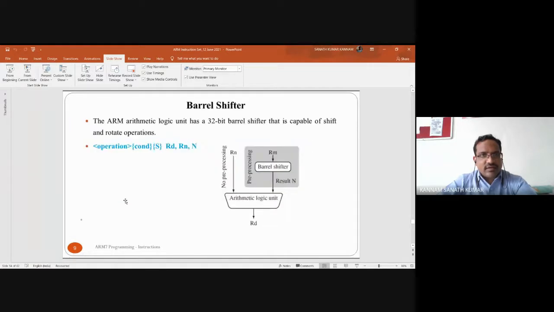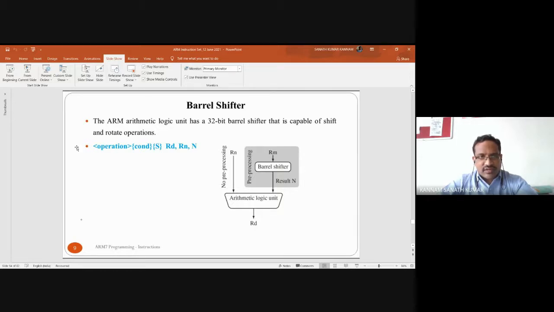Okay. So you know the barrel shifter, we have already seen the barrel shifter. So you have two source registers Rn and Rm. One operand present in Rn directly comes to the ALU, arithmetic logic unit. But Rm is pre-processed through the barrel shifter. As you know, the barrel shifter is a combinational circuit. It will do the shifting operation. Shift right, rotate and shift operations will be done by the barrel shifter, and you get the result. So these two will be processed in the ALU, arithmetic logic unit.